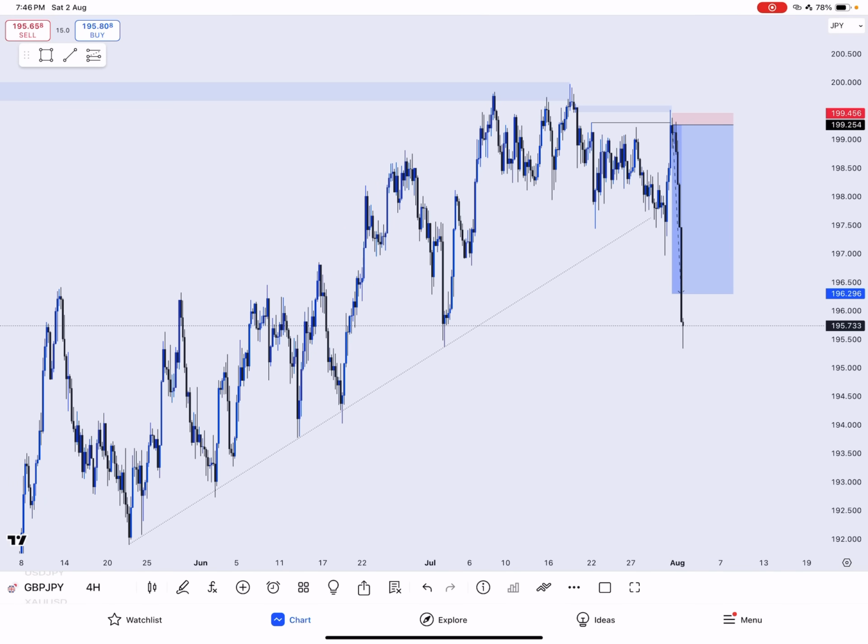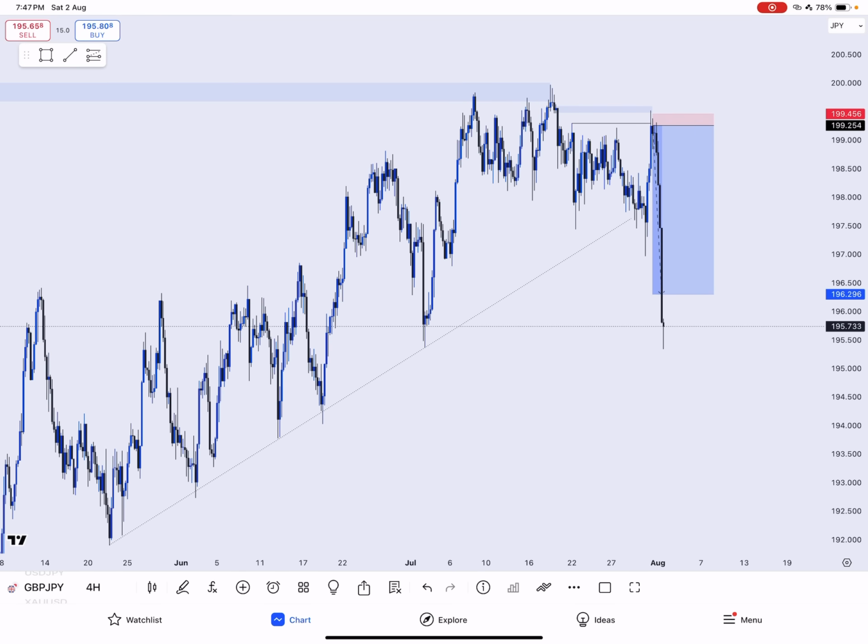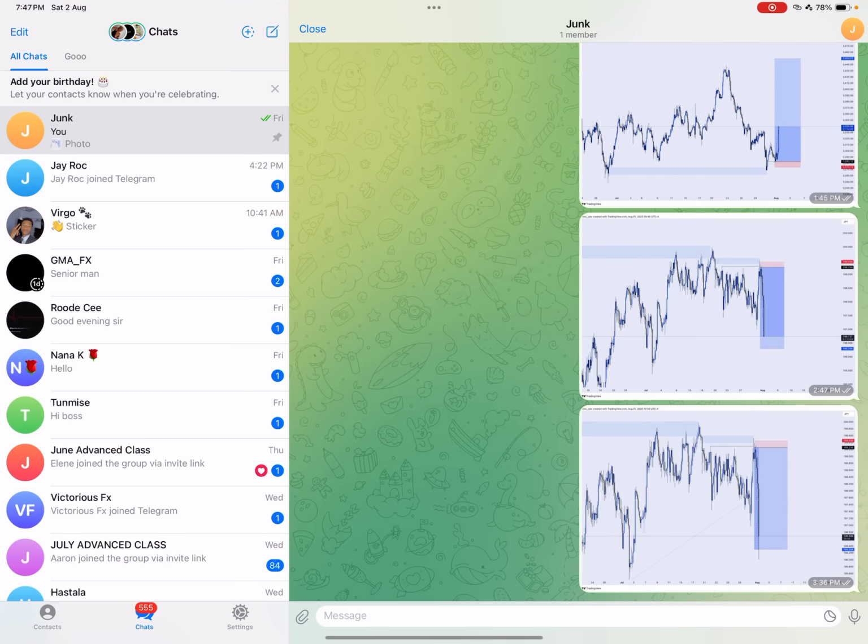Hello guys. So today I want to show you guys how I was able to catch two setups on GBPJPY and gold last week. It was basically pre NFP, but I don't really pay attention to the news, whatever. I solely base my technicals off of what I see on the charts, and I don't really check the news or those other stuffs. So I took two trades last week on gold and on GBPJPY, which are these trades